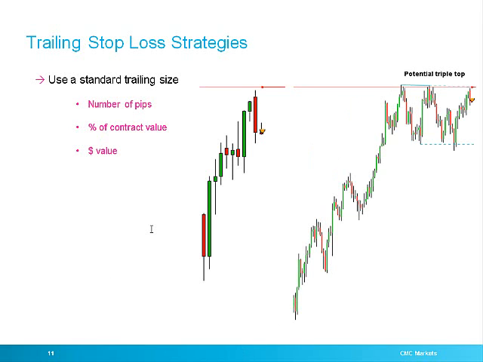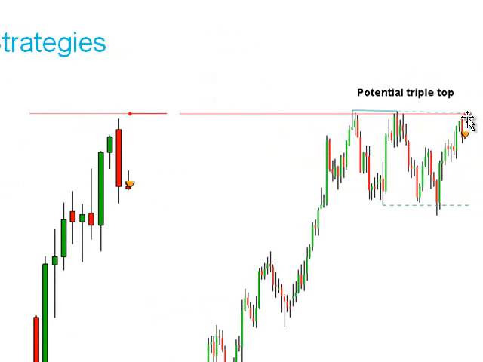But if we look at this little engulfing pattern example I had here, you can see what is sometimes a disadvantage with a trailing stop loss. So here we've set the trailing stop loss according to our 100 pip parameter, but when we have a bigger picture look at this chart, what we see is that this engulfing pattern was actually part of what looks as though it might very well turn out to be a triple top pattern, and that the engulfing pattern has happened just very close to this